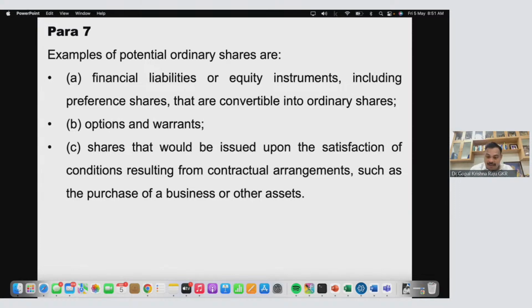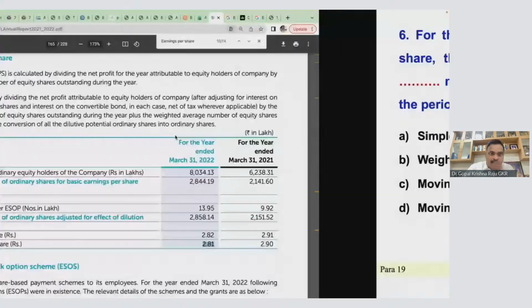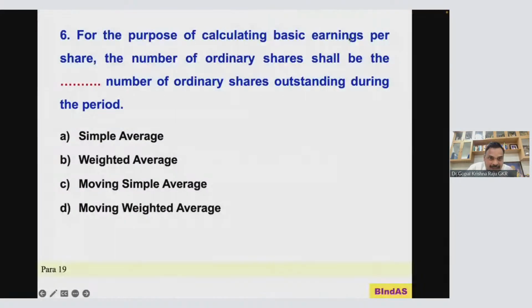So those are all potential ordinary shares, so your denominator should increase. Now, I want to give an interesting arithmetic here. Let me take you to some of the questions, and then while calculating the basic earnings per share,